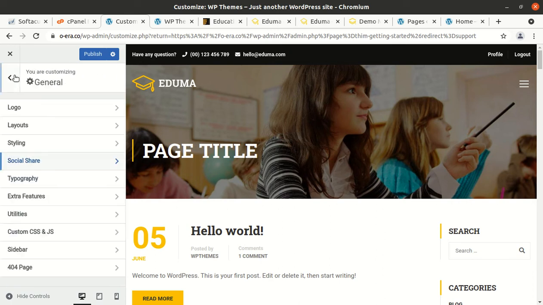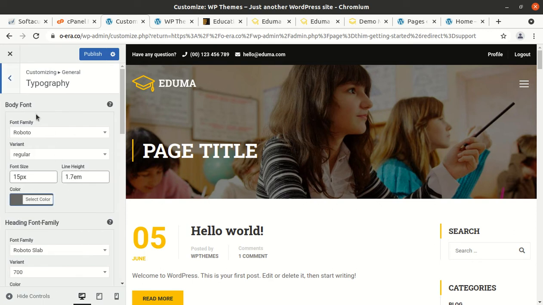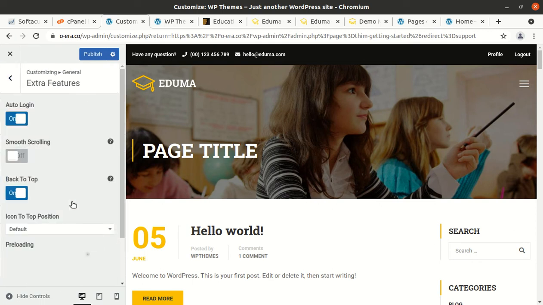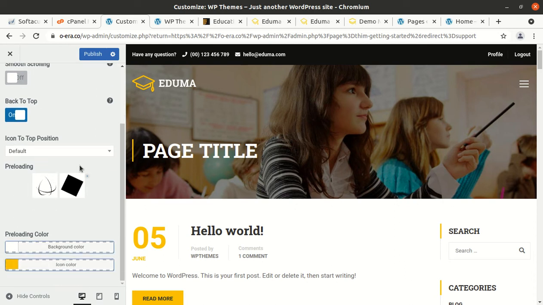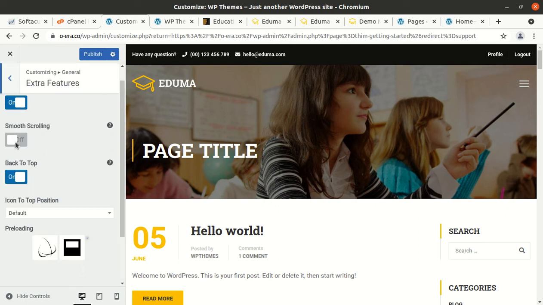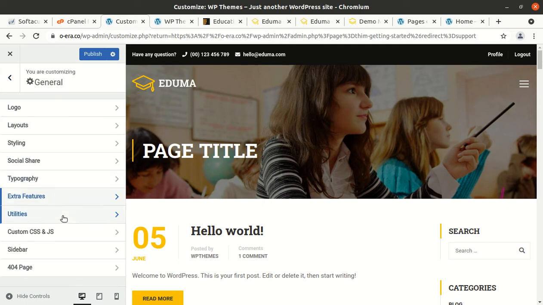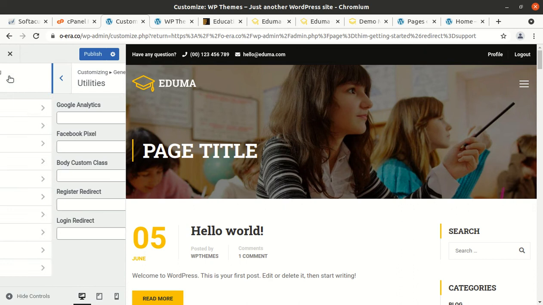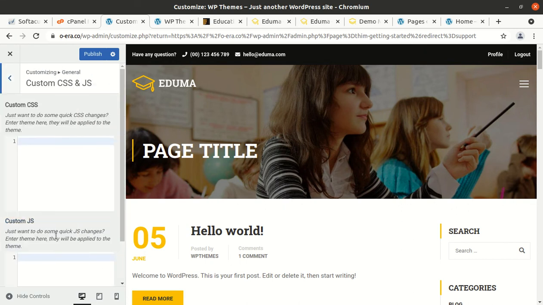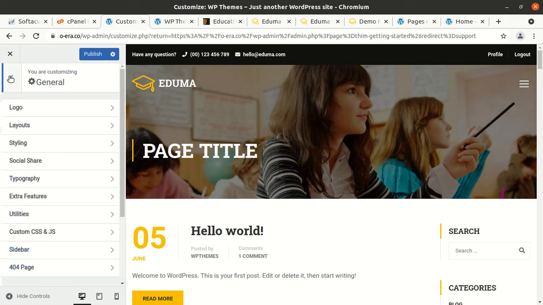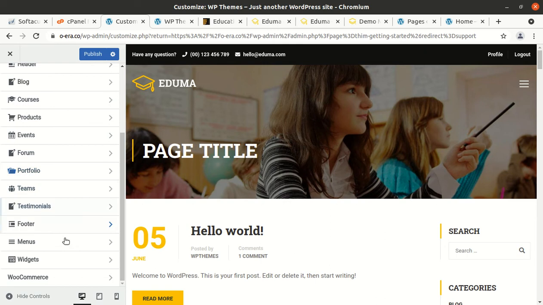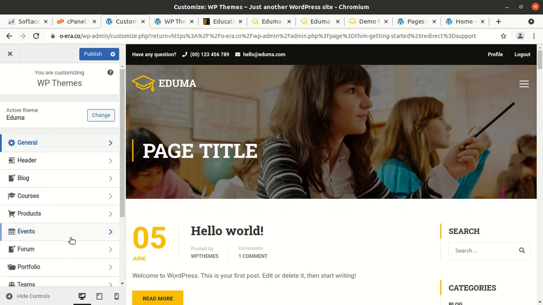Social share, typography, extra features, auto login, smooth scrolling, preloading. You can disable the preloaders from here. In fact, utilities, custom CSS and JS, sidebar and 404.